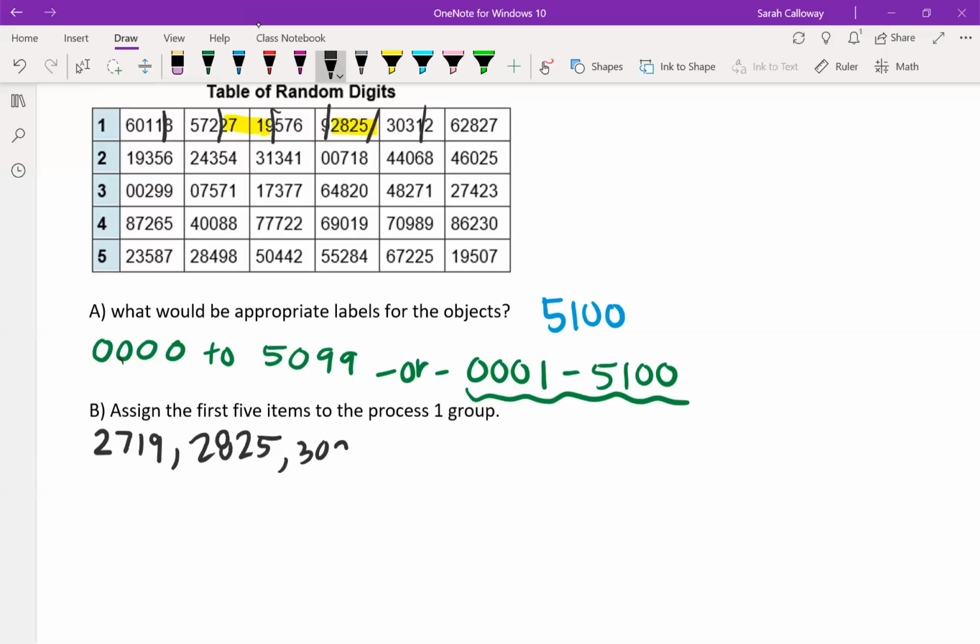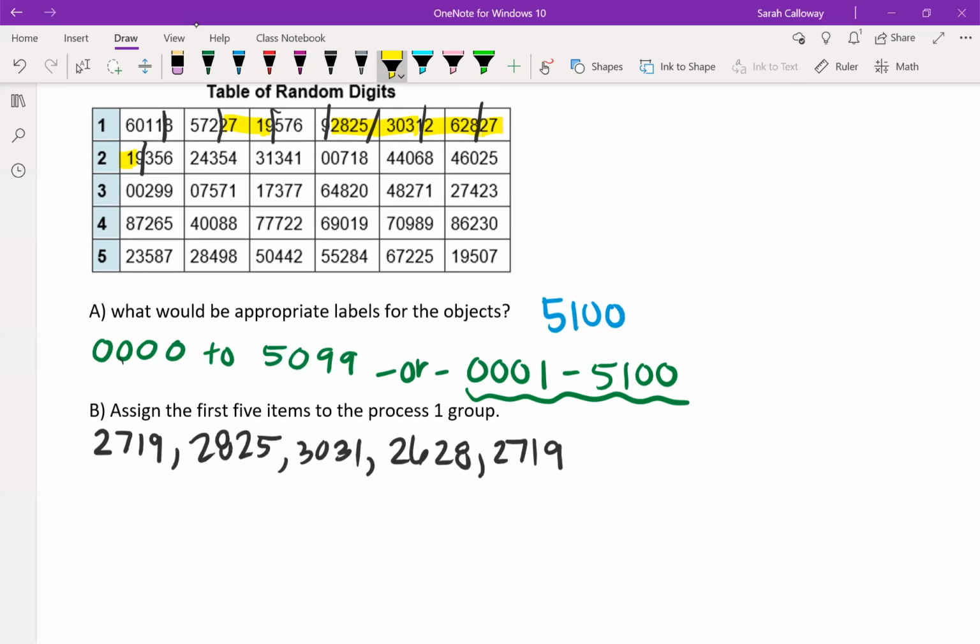So I need 5 of these. I've got my first 3, so I want 2 more. 2628 is the next 4. 2628, so that one's within my range. And then the last one, 2719, works. And so that is the last of the first 5 that they were asking for. So the first 5 items to process group 1 would be 2,719, 2,825, 3,031, 2,628, and